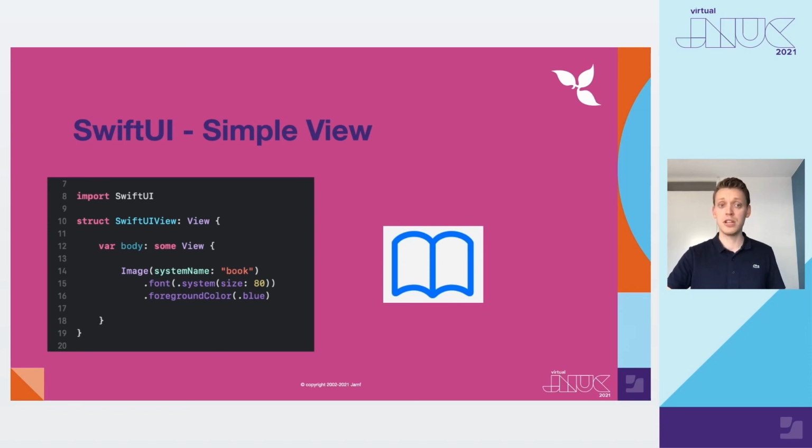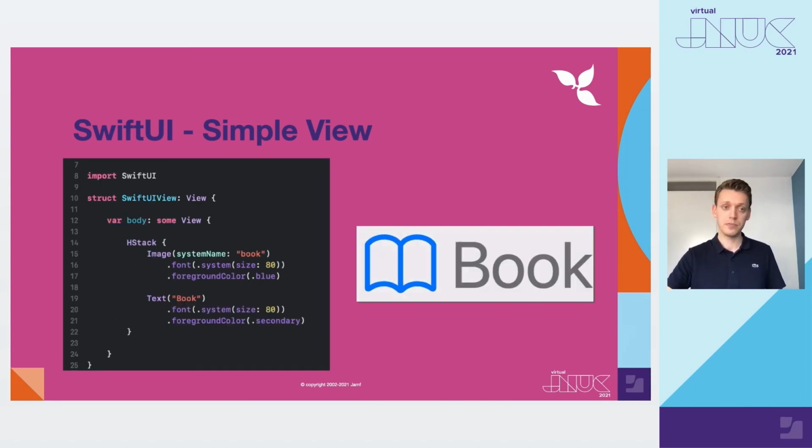In this example, no stacks are used, but if we want to present some text next to the book, well, then we'd have to use an HStack. By embedding the previous example into an HStack, we can now add a second view object into the HStack, and both objects will now be presented next to each other. Easy, right? We applied the same font size and have a secondary color to the text, which makes it gray here. In our app, we use most symbols in a color-filled ellipse and a white foreground color. Let's see how that code works.